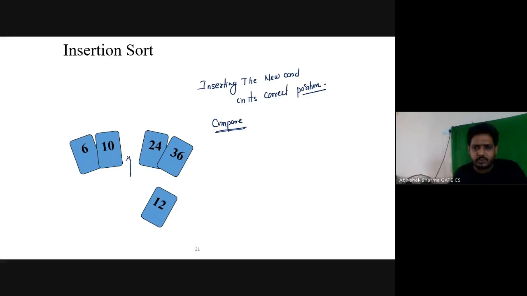Let me just ask you one thing. Do you know the swap algorithm? Do you know how to swap two values? Do you know this program? Can you write a program that performs the swapping of two numbers? Yes, most of you are saying yes.